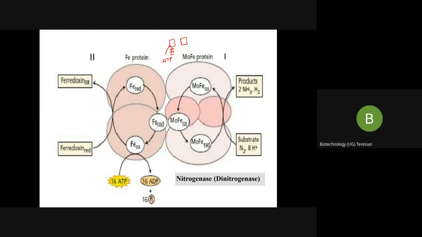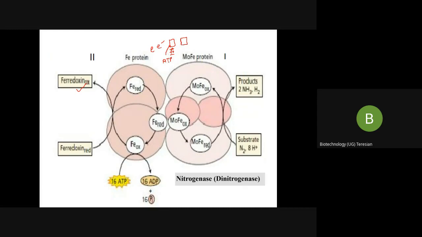So this iron protein, both are separated now. Your component 2 and component 1 are separated, and this iron protein is ready for the reduction reaction. When it is ready, ATP will go and bind to this. Now it receives the electrons from an electron donor. Component 2 receives the electrons from the electron donor. Who is my electron donor? It is the ferredoxin or the flavodoxin I told you. Now it has received all the electrons, and your ATP has also gone and bound to it.